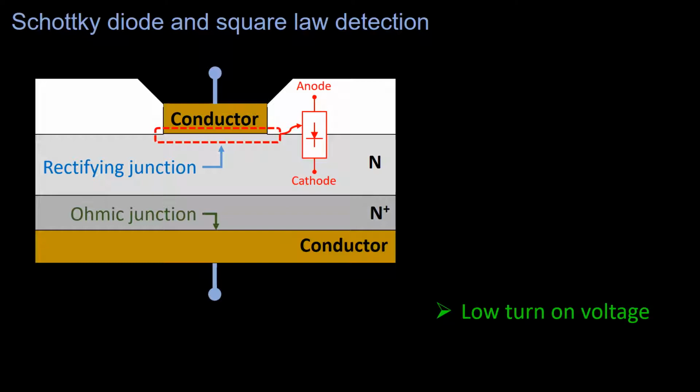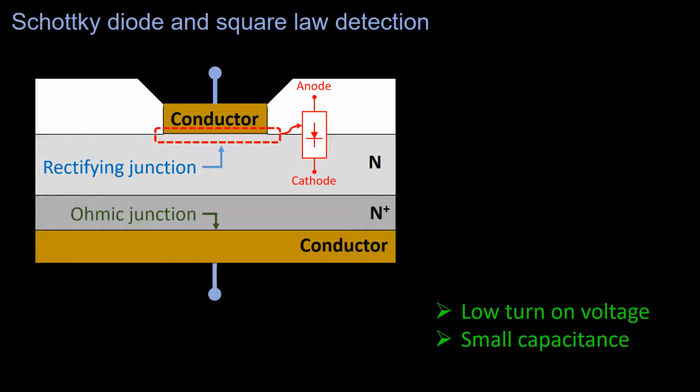The Schottky diode offers two key advantages when working as a detector. The first one is that it can provide currents with very low voltages as compared to a p-n junction. This means very high sensitivity. The second advantage is that it has a very fast time response. A silicon Schottky diode can work to frequencies as high as 40 GHz if the capacitance is made small enough, and this can be done by reducing the anode area.